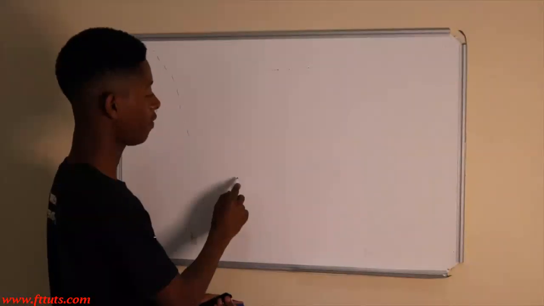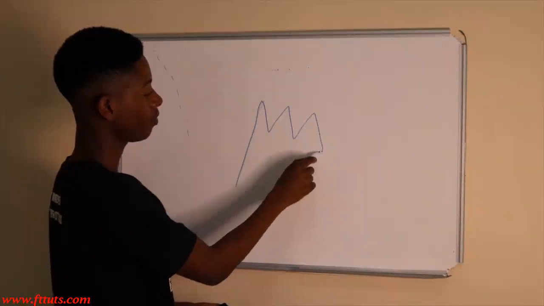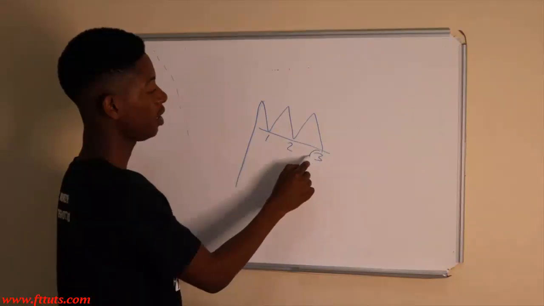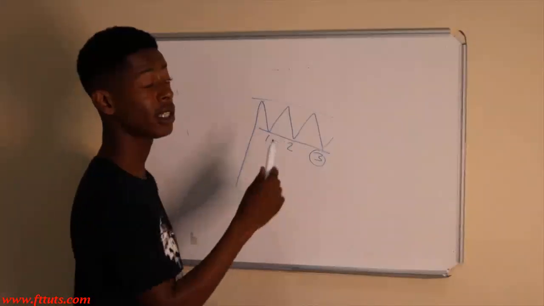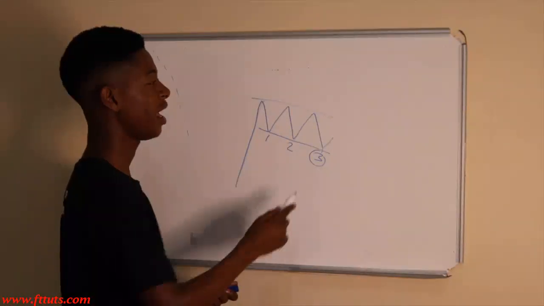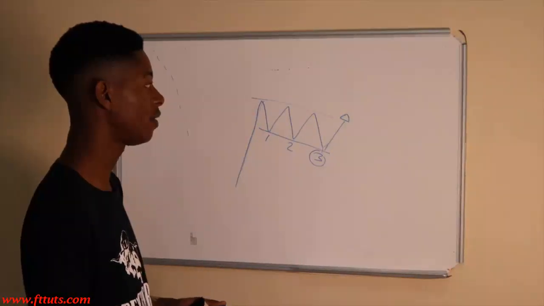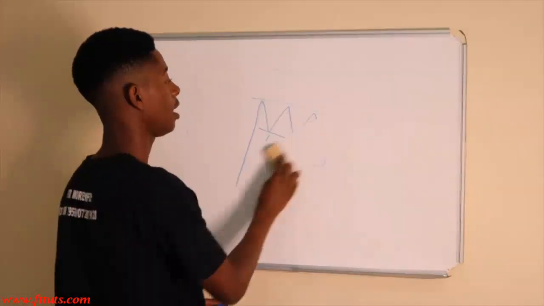And normally, let's say we have a flag, it's like this, okay? Then it does this. Normally, after the first touch, second touch, now the third touch. Normally, after 3 touches from, let's say the downside, since this is a breakout to the upside, there's higher chances of it breaking out. You understand? There's higher chances of it breaking out if it's a descending type pattern. And if it's an ascending type,